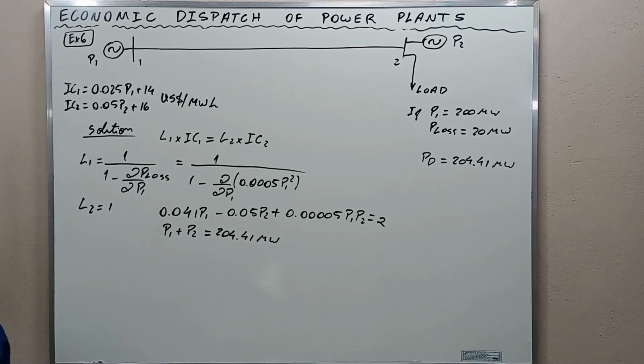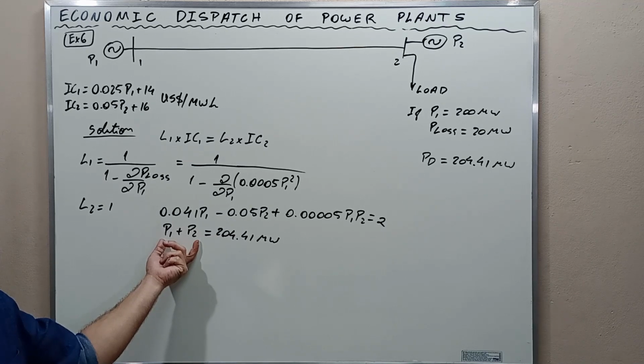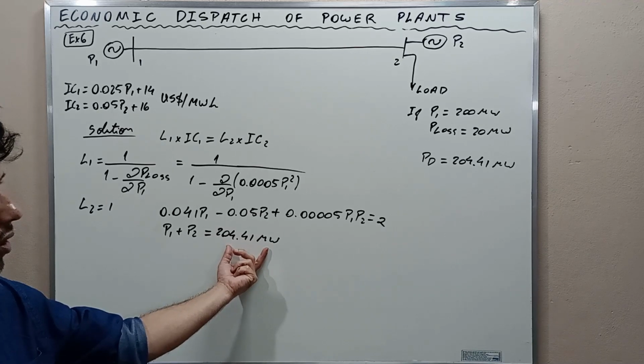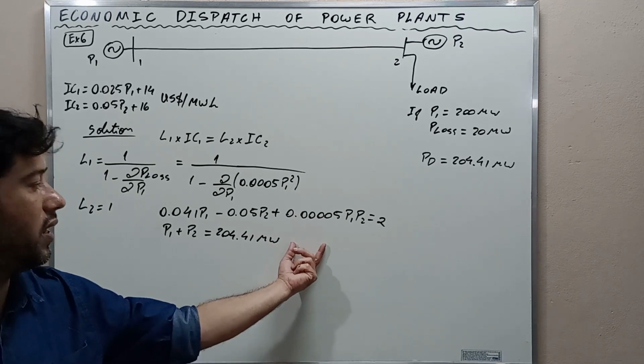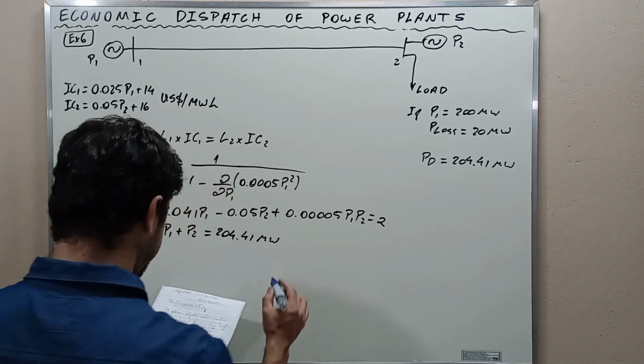We have to take account of the losses. Then the sum of the power outputs of both power plants has to supply the load, okay? And there will be an additional power which will be the losses, plus